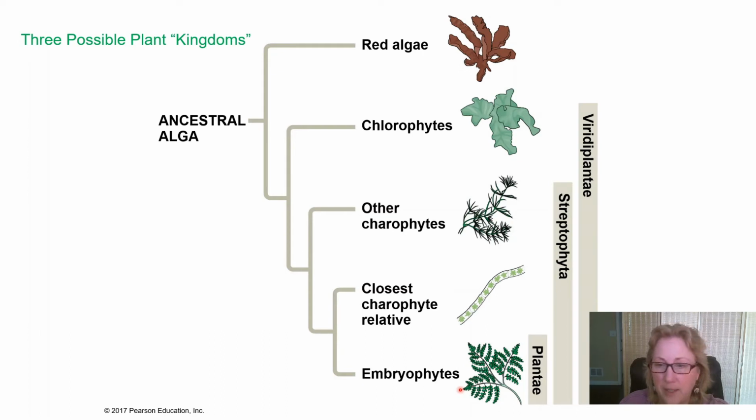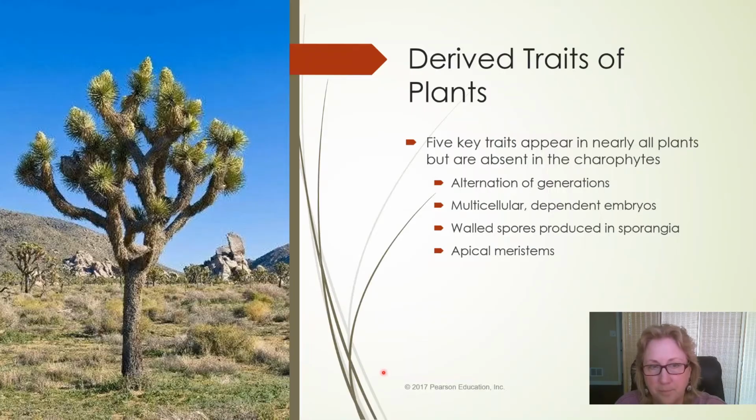And so we'll talk about what an embryophyte is, but plants, which are all embryophytes, share several derived characters that are not found in the charophytes, although they do share that one trait with charophytes, having that molecule around the outside of spores to help them resist desiccation. That is a trait they share with charophytes, but they have several other derived characters that are not found in the charophytes. So that is why plants are a separate kingdom today.